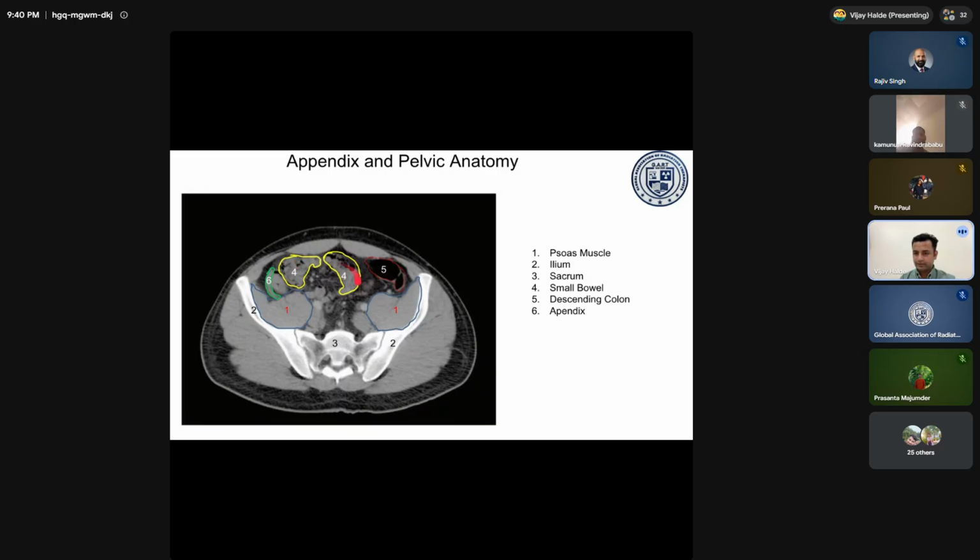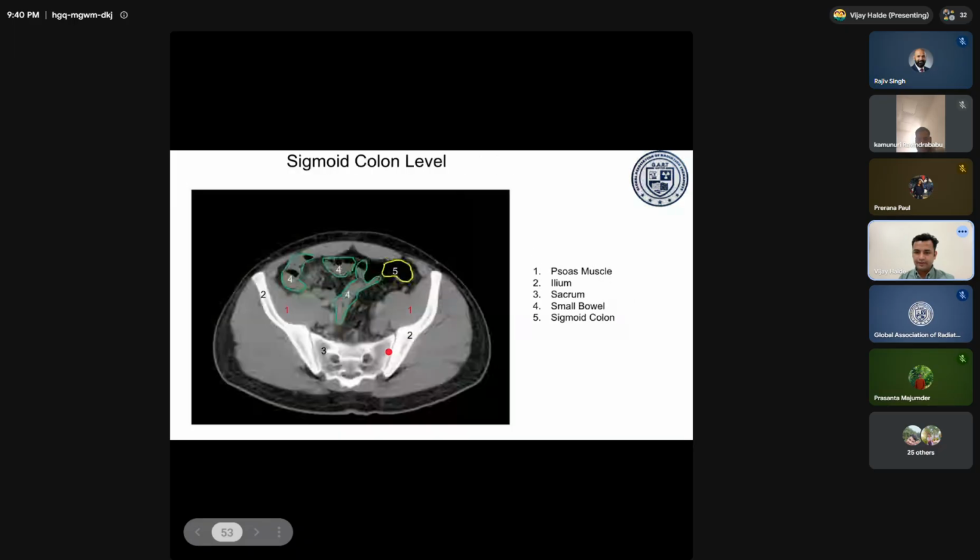These are the small bowels. Fifth number is the descending colon. So ileum will start from this slide. Sigmoid colon. Fifth is the sigmoid colon. From here onwards, the rectum will start. From the sigmoid colon to the